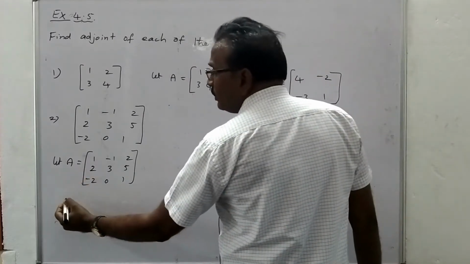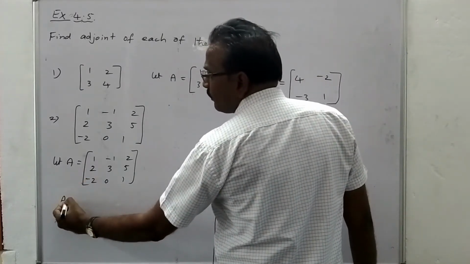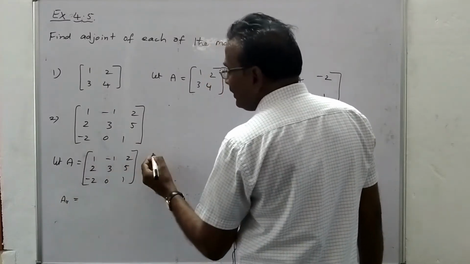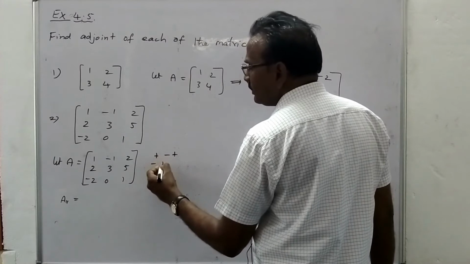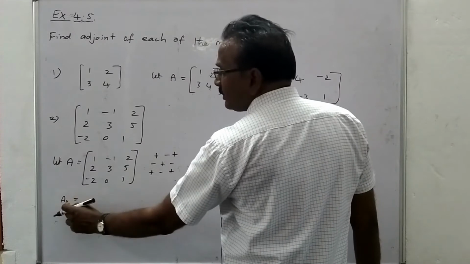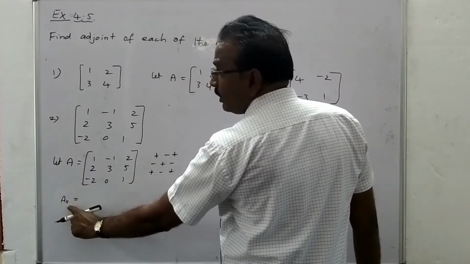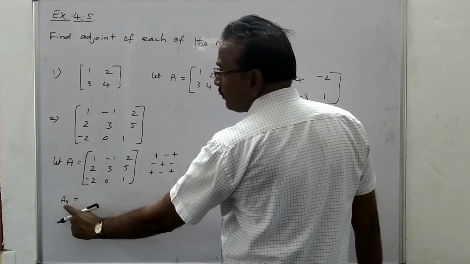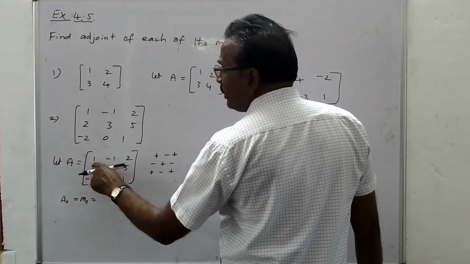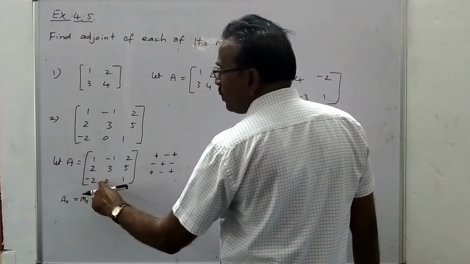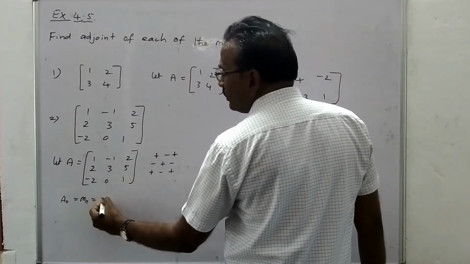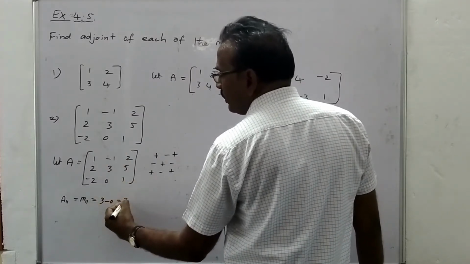First find the cofactor A11, that means the cofactor of the first row first column element. Your signs are plus minus plus, minus plus minus, plus minus plus. So these are the signs. Your sign is plus because minus 1 to the power of 1 plus 1 is minus 1 to the power of even, which is plus. Capital M11 is obtained by deleting the first row and first column. Determinant of the remaining 4 elements: 3 ones are 3, minus 0, the value is 3.